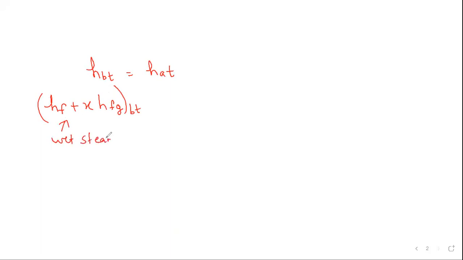So for calculating x2, we equate the enthalpy before throttling with the enthalpy after throttling. Now enthalpy before throttling is HF plus x of HFG, right? That is before throttling, and why is this so? Because this is a wet steam, as I had shown you in the diagram. Okay, and after throttling, it becomes superheated, and we had seen that it has become superheated at 0.1 megapascal and 110 degrees centigrade. So in terms of bar, this is 1 bar.